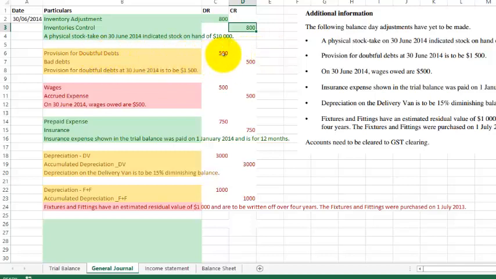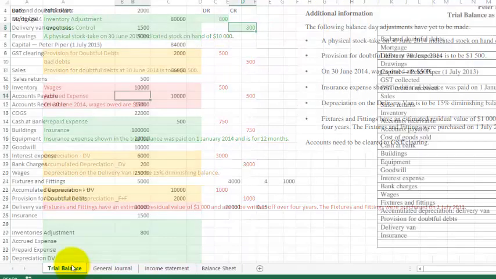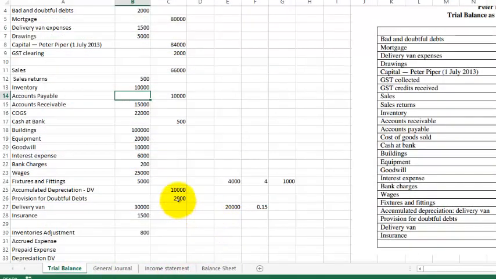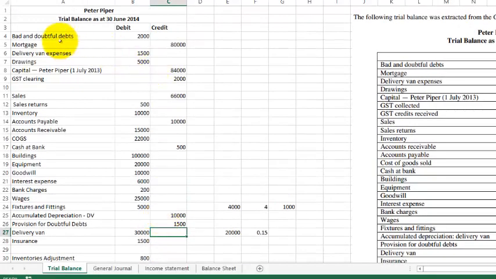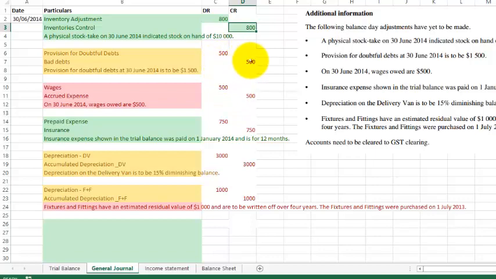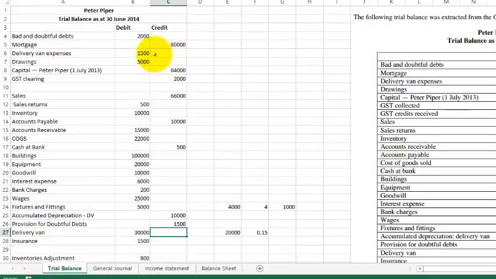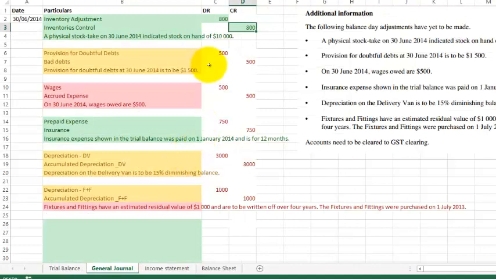Provision for doubtful debts, debit $500. In the trial balance, we've got a balance here of $2,000, which is on the credit side. We take it away because they're uneven. Similarly, with the bad and doubtful debts expense account, we were asked to credit that account, and here we've got a debit balance, therefore we have to take it away from one another and end up with $1,500. So I've now done these two,